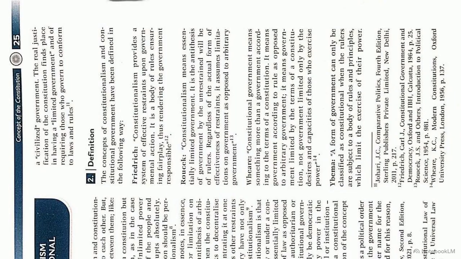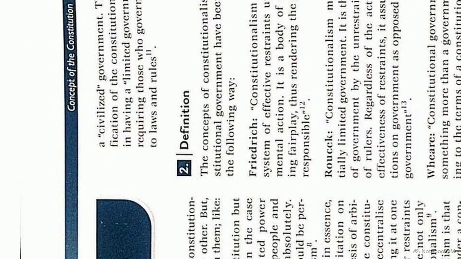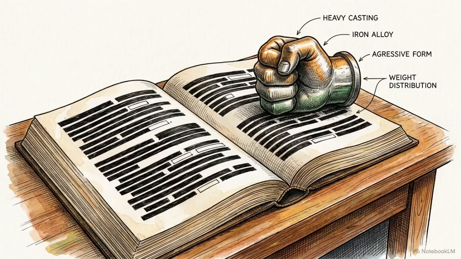It organizes the government and establishes the relationship between the governing bodies and the people. Political science separates that physical rulebook from the concept of constitutionalism. Constitutionalism requires that a government operates under a system of effective restraints, explicitly restricting authority through law. A state can possess a formal constitution without practicing constitutionalism. A dictatorship, for example, has a rulebook, but it lacks the mechanisms to limit its own arbitrary power.